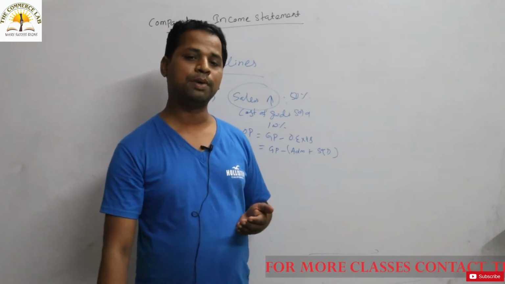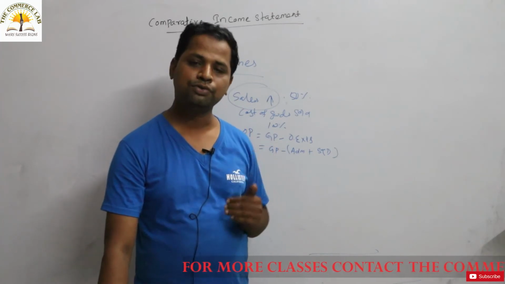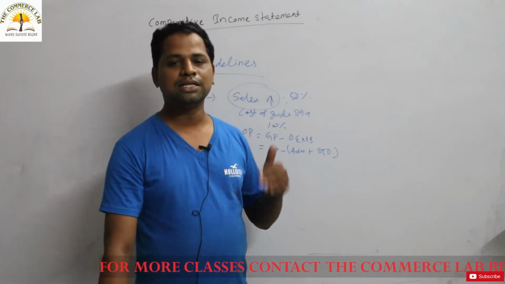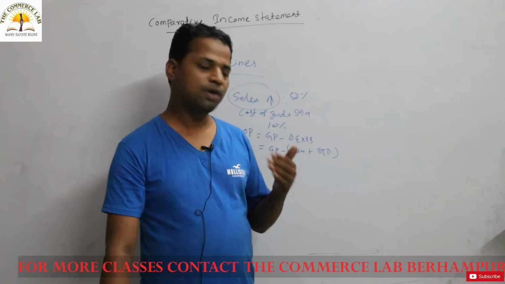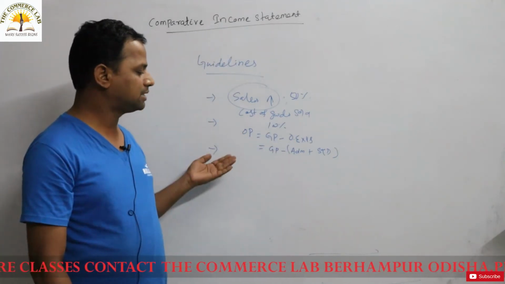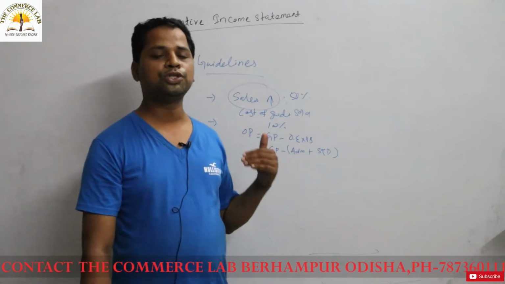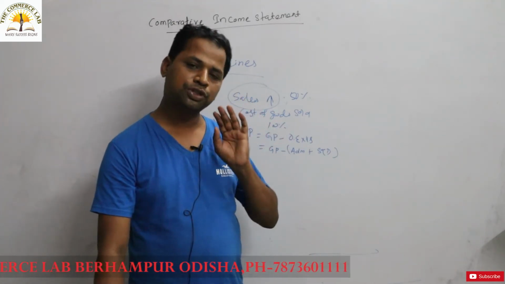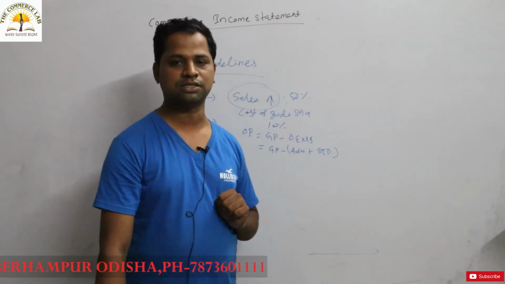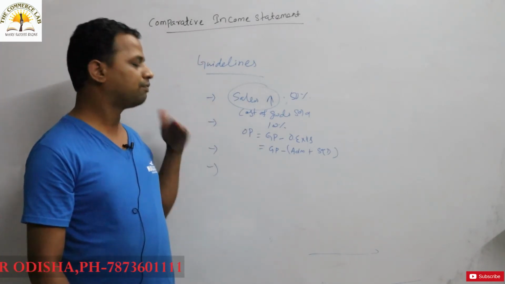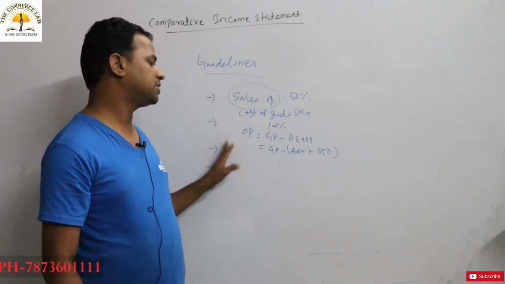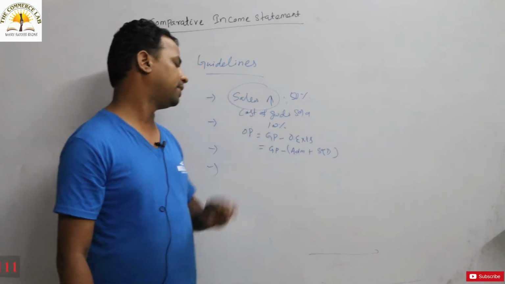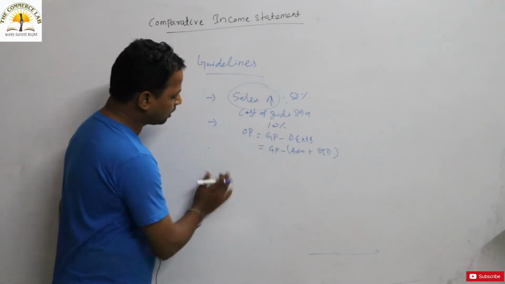So operating profit is rising for a particular firm. That means what, everybody? Its operating cost is reducing, or sales is also increasing. If the operating profit of a firm is rising, that means the firm is in a position to pay the operating expenses. Okay, the firm is in a position to control the operating expenses. So if the operating profit is increasing, operating profit means what? Gross profit minus operating expenses.